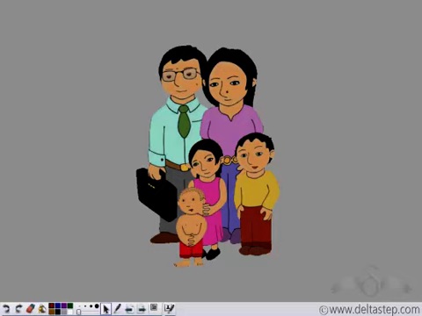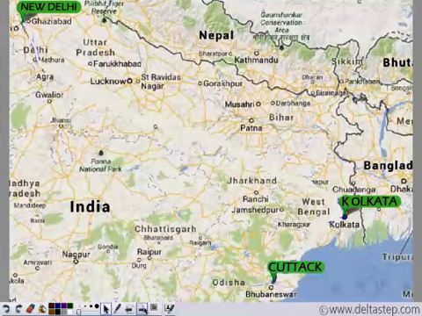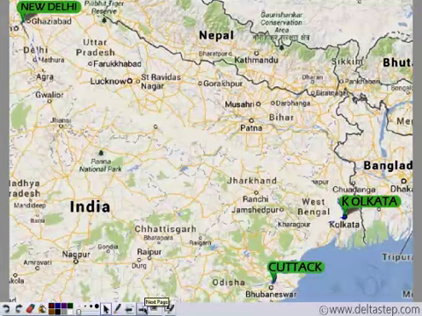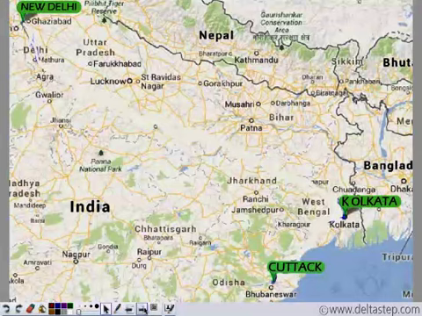This is the Chatterjee family from Kolkata. They decided to go for a trip. Now, they had two options. Either they could go to Cuttack from Kolkata or they could go to New Delhi from Kolkata. So if I ask you, for which city, that is for New Delhi or for Cuttack, will they have to